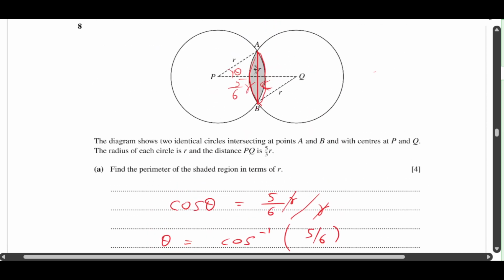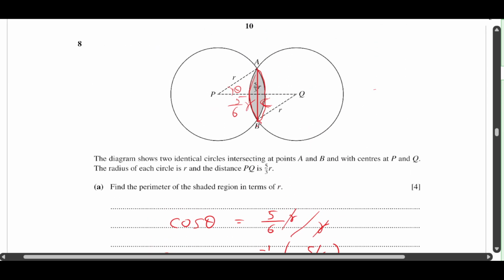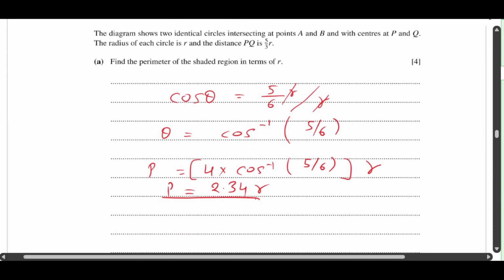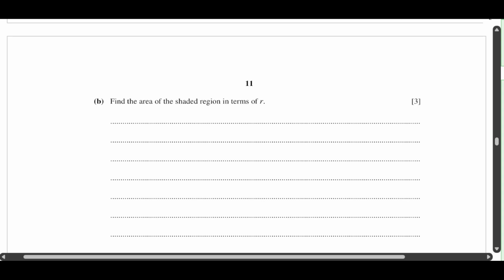So let us again go to the diagram only. Now in this I can find this sector area. From this whole sector area, if I subtract this triangle area, I will get this particular shaded part. And if I double this, I will get this whole shaded area. So here I will say, find the area of the shaded region. Required area